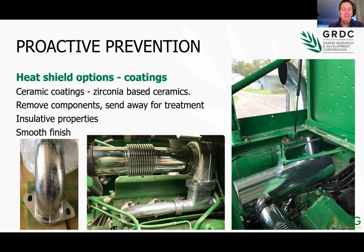Zirconia-based ceramic coatings are used pretty extensively in northern New South Wales and southern Queensland in chickpeas, and the beauty of the ceramic coatings is that they do two things. One is they still provide you with that smooth finish that the likes of the paints do as well, but they also provide you with an insulative property, so they actually reduce the surface temperature of some of those components. Now, they have to be pulled off and sent away. It's like a powder coating sort of process, if you like,